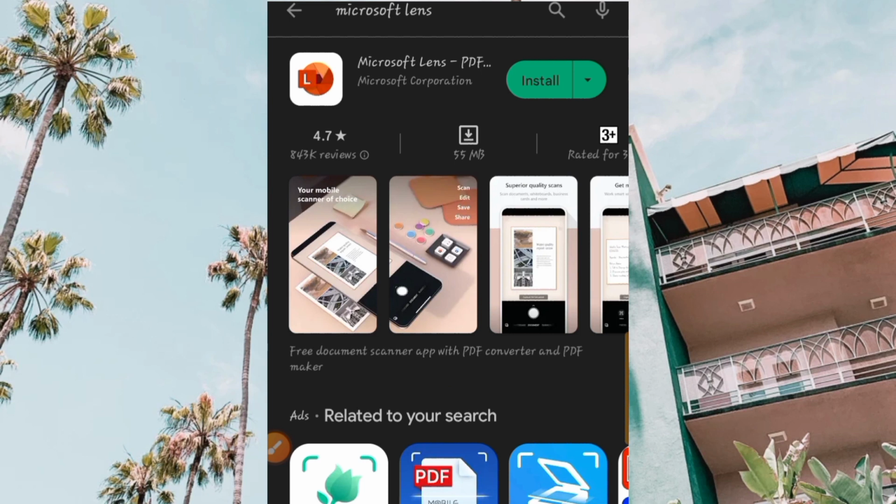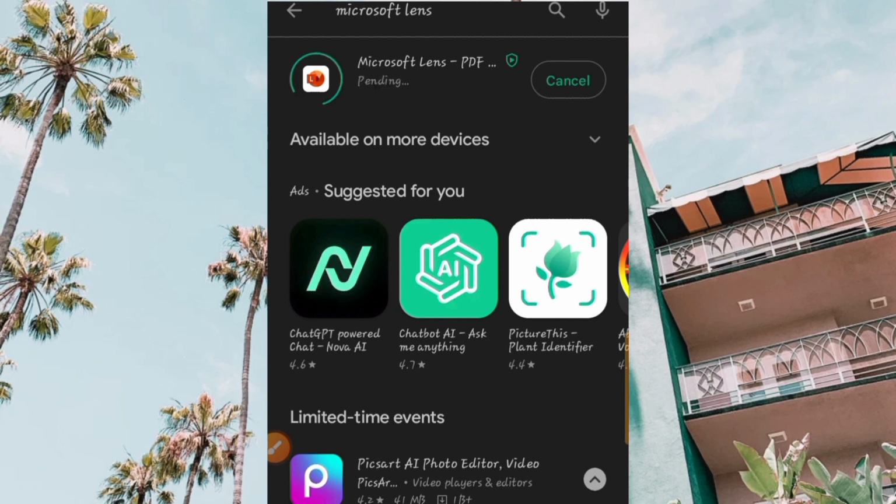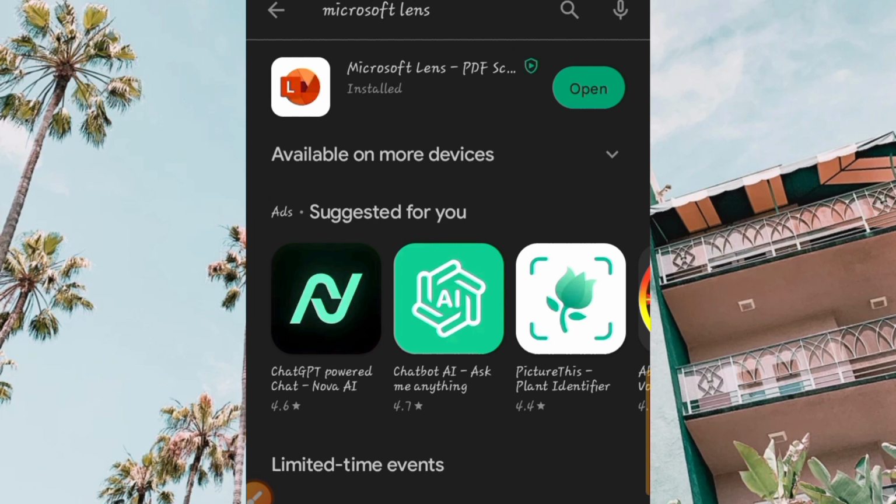So you're going to search for Microsoft Lens, as you see in the App Store. You're going to download it, and after you download it, you open